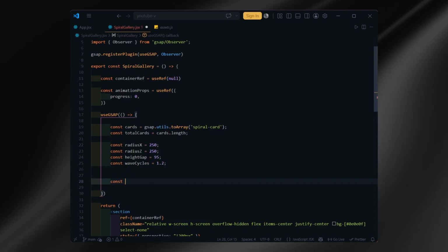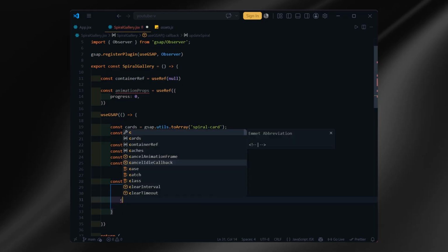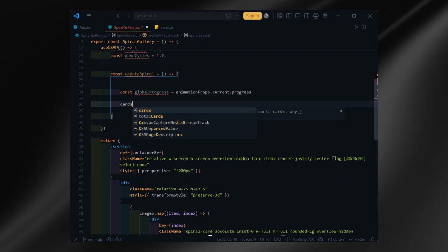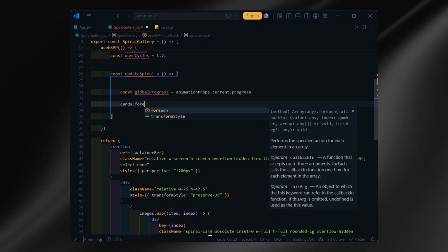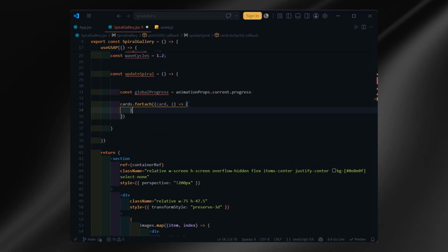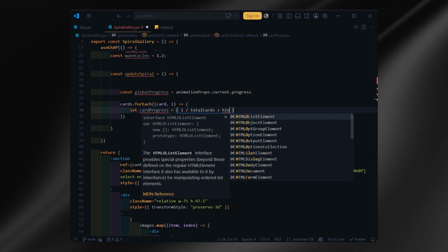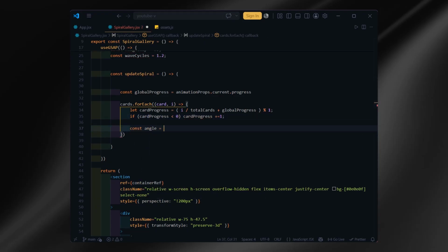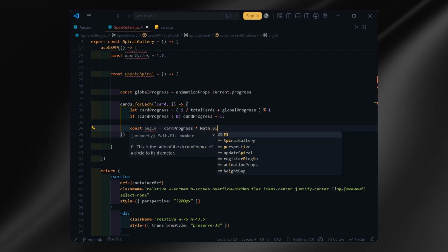Next, I create an updateSpiral function. This function is responsible for calculating and updating the position of every card, and it runs continuously throughout the animation. Inside it, I grab the current progress value that we created earlier. As this value changes over time, the entire spiral rotates smoothly. Then, I loop through every card and calculate its individual progress by combining its index with the global progress. This keeps all of the cards evenly spaced while allowing the entire spiral to rotate as one. Using that progress value, I calculate an angle, which we'll use in the next step to determine each card's position